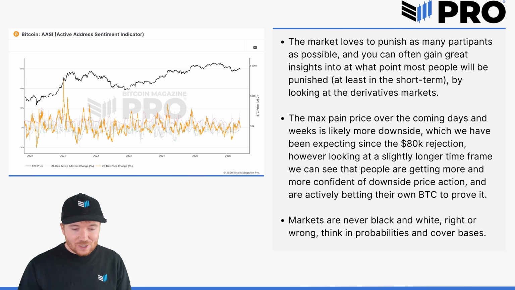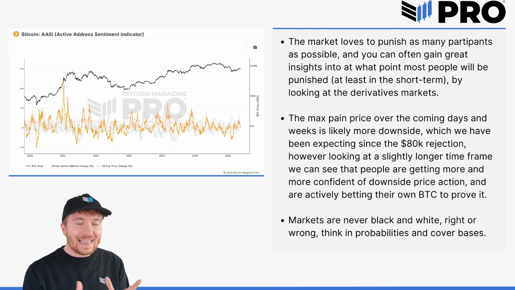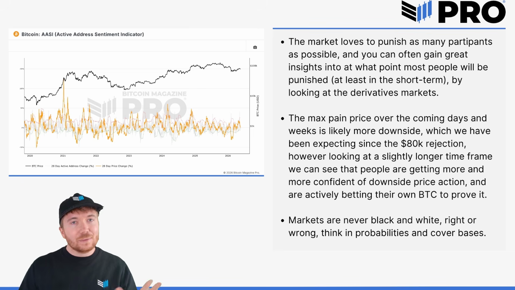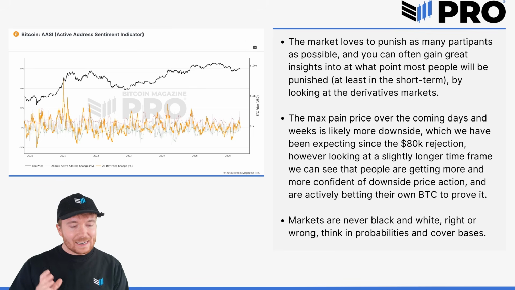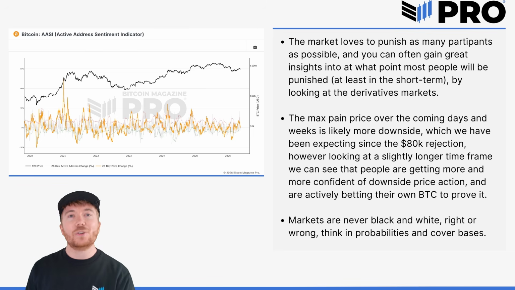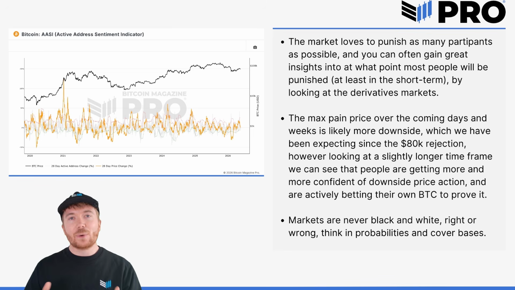But the fact that we're seeing such confidence that that's a certainty, and people are really betting with their own Bitcoin that that is going to happen, makes me think that's less likely to happen. But do keep in mind, like I said, markets aren't right and wrong, black and white. It's almost certainly the wrong approach to say, I'm going to go 100% all in at this price, I'm going to sell 100% at this price, going to long here and short here. If you cover all your bases and think probabilistically, prepare for all the scenarios, then, at least in my mind, at least for what the data supports, that's probably the right thing to do.